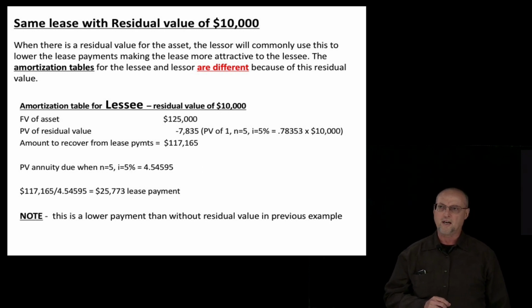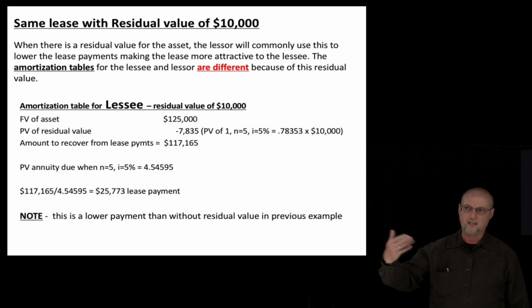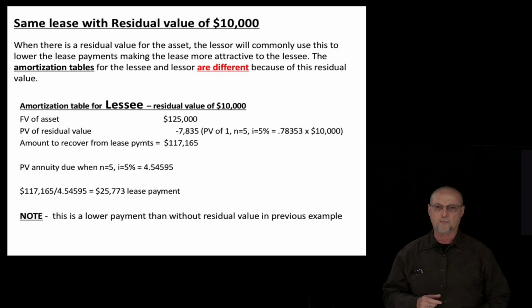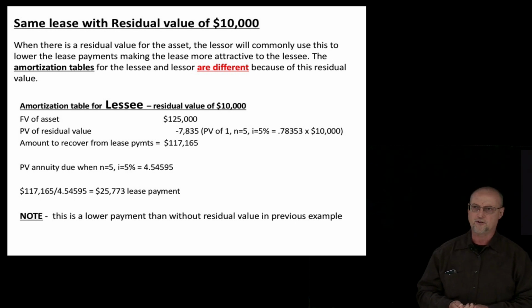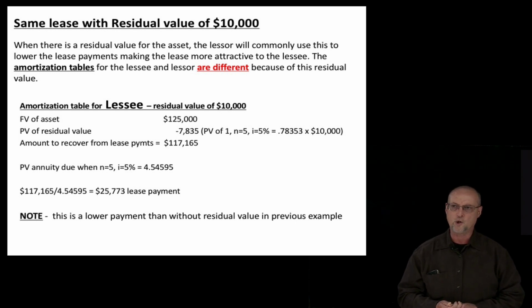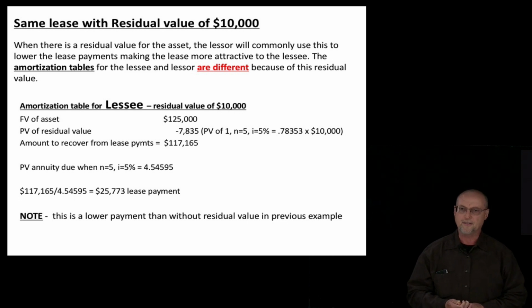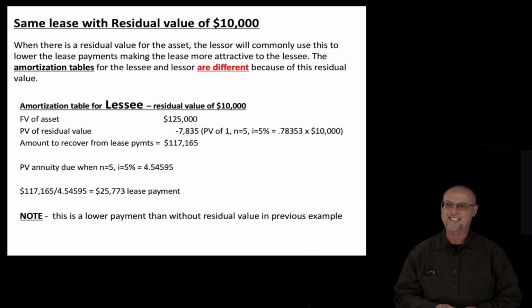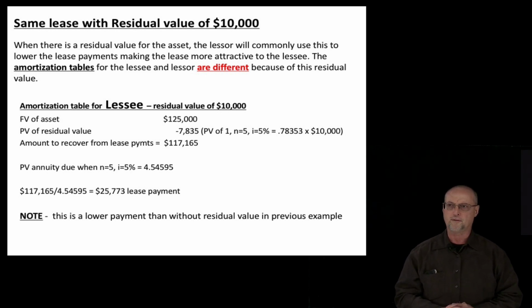So notice what we did. We took the present value of that future receipt of a $10,000 piece of equipment, and we go to the present value of 1 table, where N is the number of periods, that's 5, the interest rate is 5%, and the present value of 1 is 0.78353. We multiply that times the residual value of $10,000 and the present value of the equipment at the end of this lease, its residual value, the present value, is $7,835. And we subtract that amount from the fair value to determine the amount to recover from the lease payments,